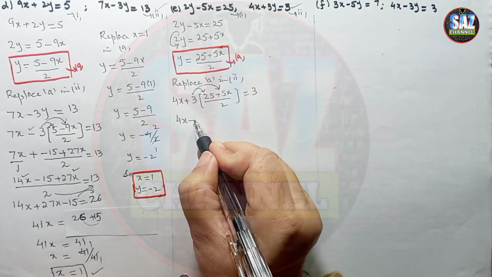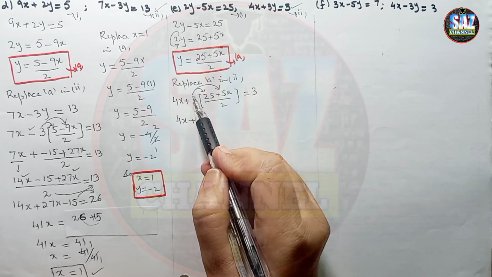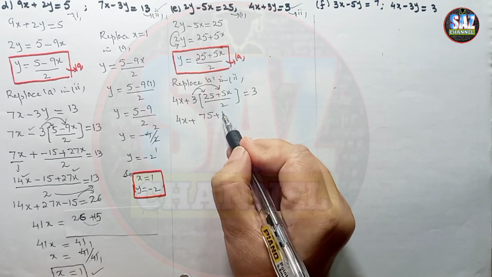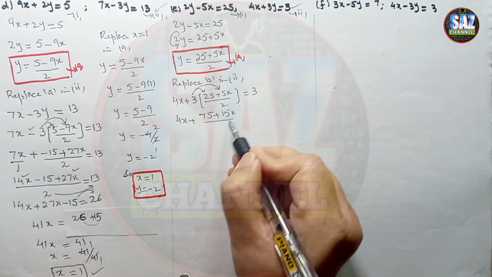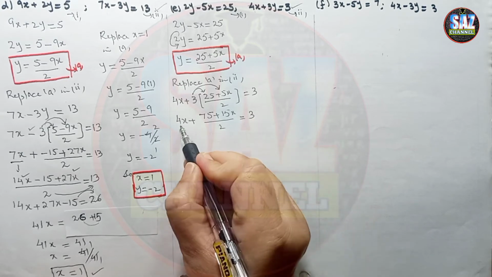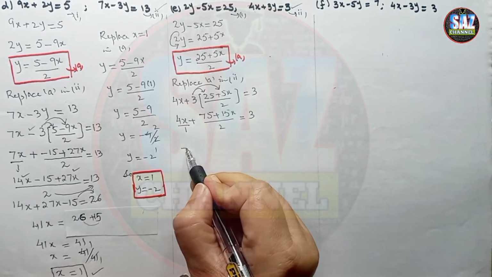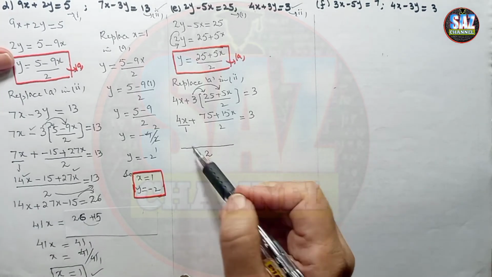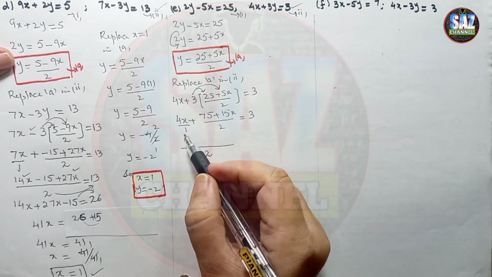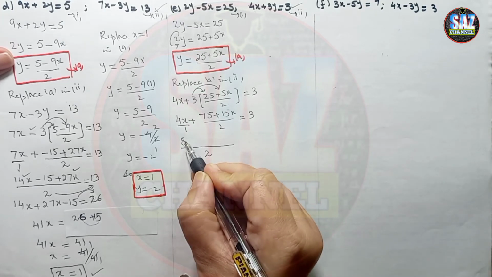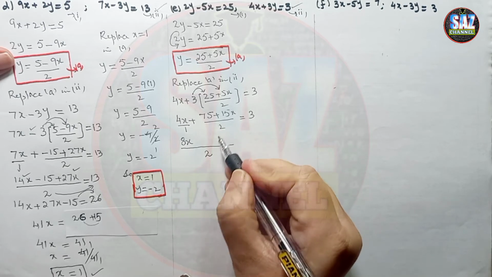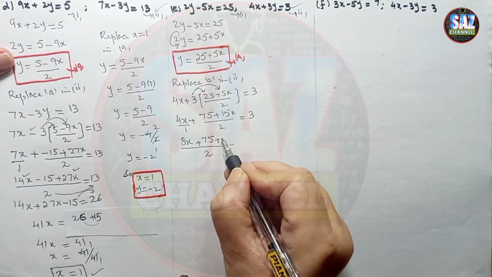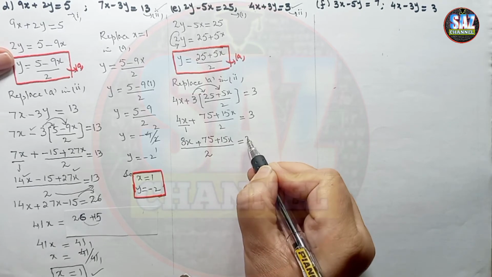and the equation will take the form 4x plus 3. 25 times 3 is 75 plus 5 3s is 15x upon 2 equals 3. Now I have to take the LCM, and LCM will be 2. So first denominator is 1 and LCM is 2. 1 how many times is 2? That is 2. So 2 will be multiplied by 4x and it will give me 8x. Plus here the denominator and LCM is the same, so the numerator will come as it is, 75 plus 15x equals 3.